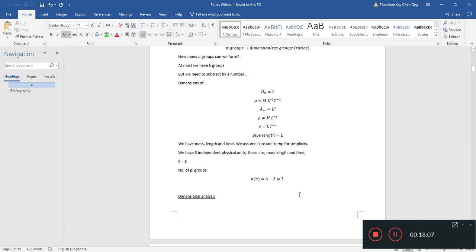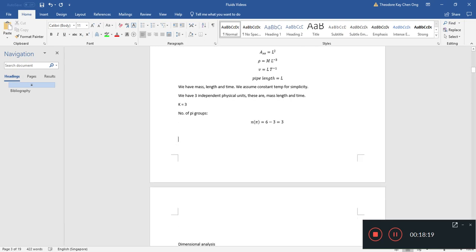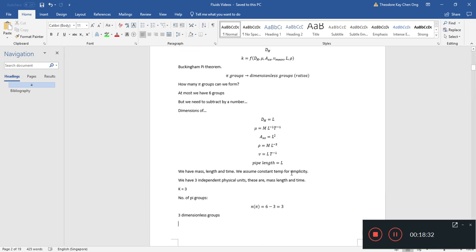Sounds noisy outside, but I hope you don't mind. Anyway, we will try to find these 3 dimensionless groups. How are we going to do it? So the general idea